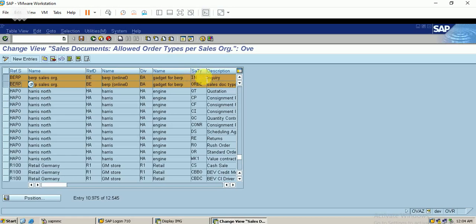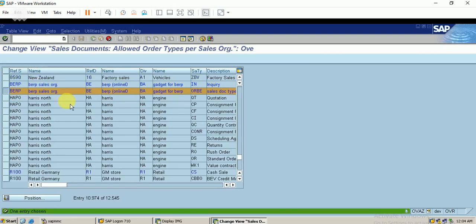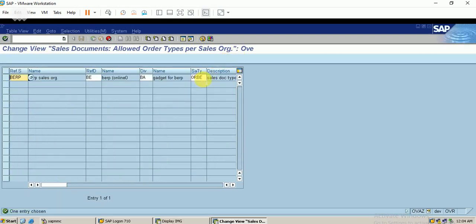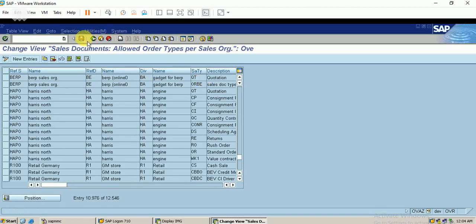Similarly, I have linked. Okay, I have not maintained it for quotation. I just select this, copy this, and I just go for the document type QT. Okay, we have maintained all these things.